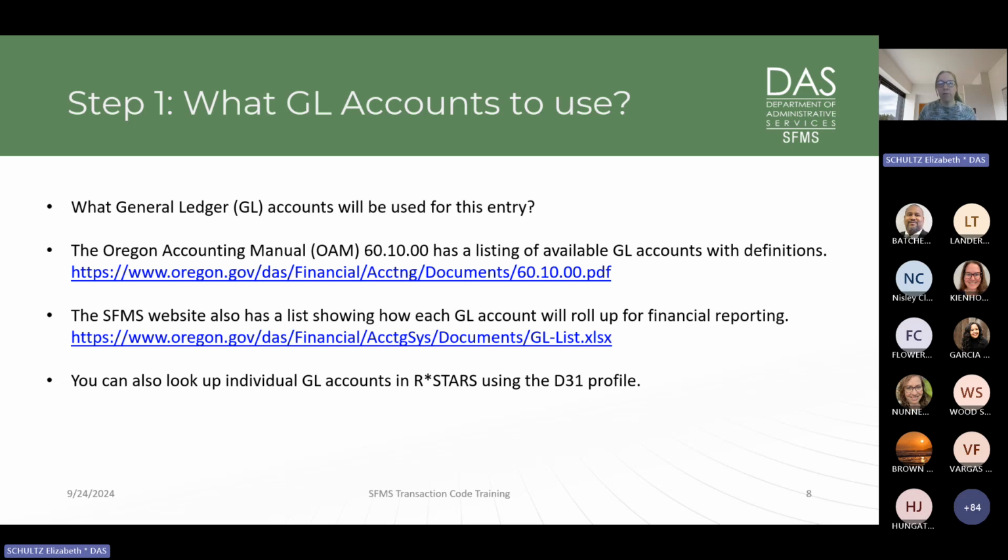We do have a list linked here from the Oregon Accounting Manual. And if you have a moment, if you haven't looked at this section of the Oregon Accounting Manual in the past, I would really encourage you to do that. It'll get you more familiar with the chart of the accounts for the state. So this OAM